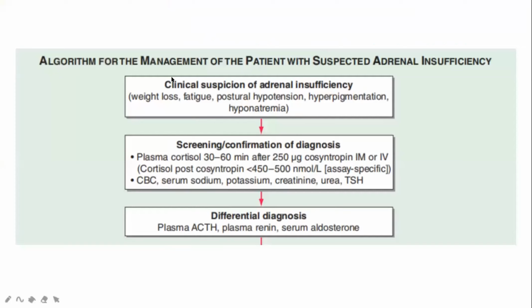So for the algorithm of the management, of course, when we are faced with this clinical presentation, weight loss, fatigue, postural hypotension, etc., then we should be able to already suspect adrenal insufficiency. Then we do confirmatory and screening tests. We measure cortisol levels and cosyntropin levels, and also we get the levels of plasma ACTH, plasma renin, and serum